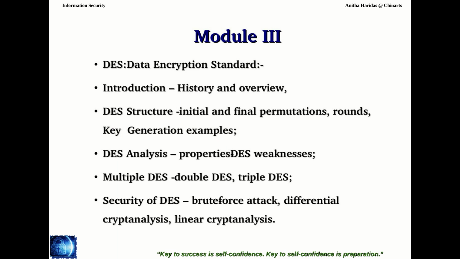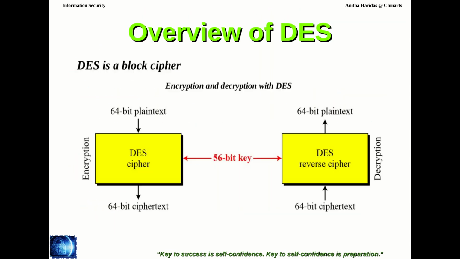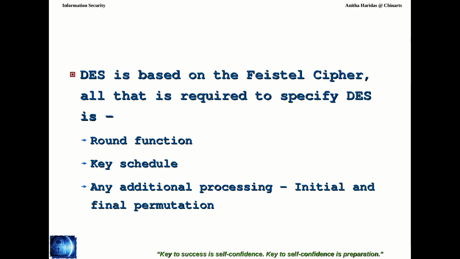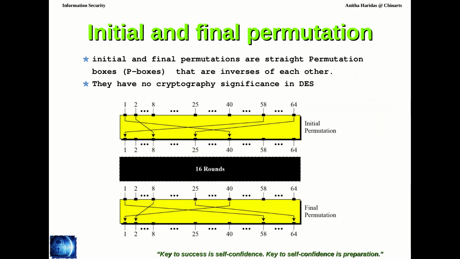So in the information security course, in the second module, we are talking about the data encryption standard. In our previous videos, we discussed the history and the overview. We are currently talking about the DES structure. In the previous sessions, we discussed the initial and final permutations and the different rounds in the DES structure. So in this video, we are going to talk about the DES function,